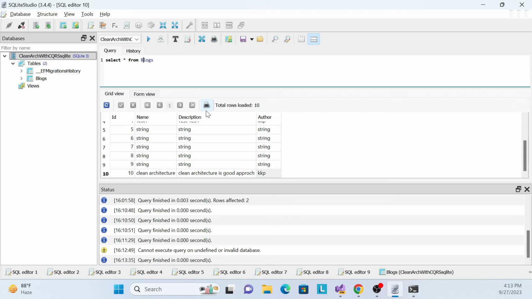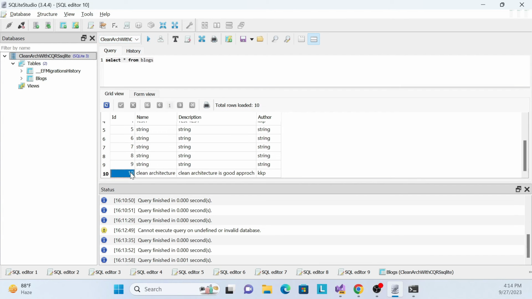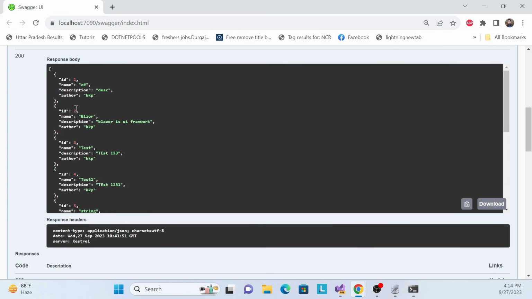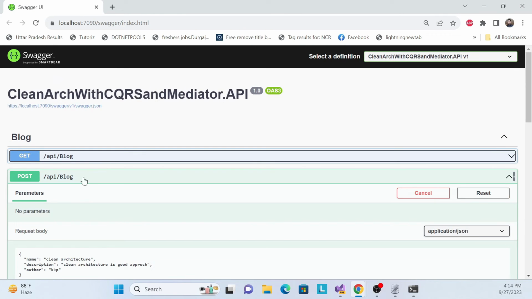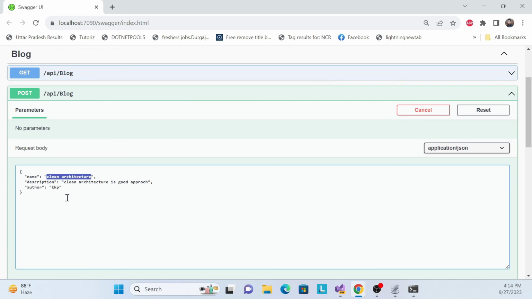Okay, I think we are missing something, like we are not giving the right db name. Okay, so now finally I selected it and got it. So data is 10. Let me execute one more, like instead of clean architecture, let me call it